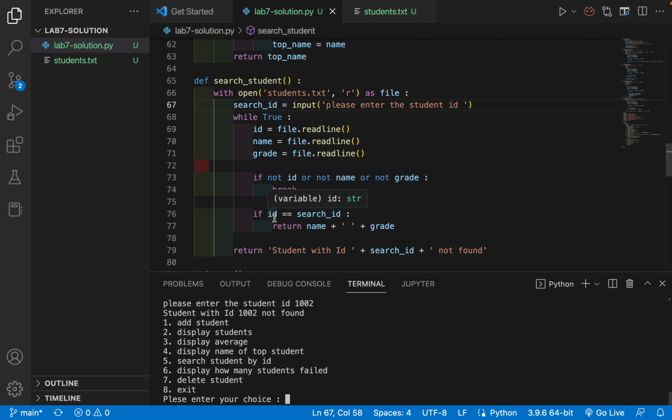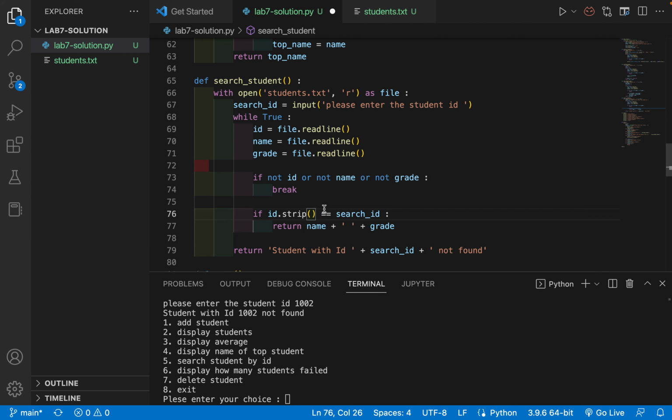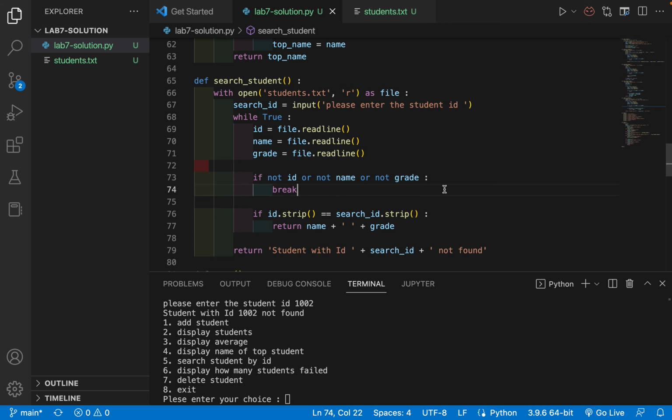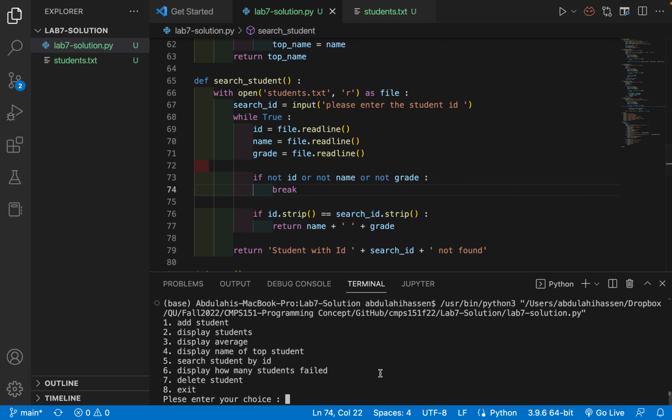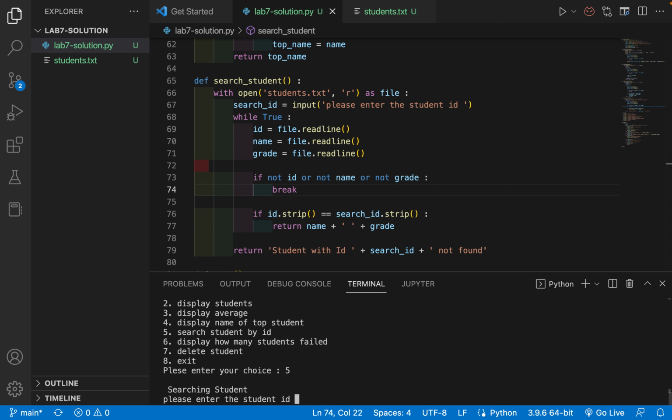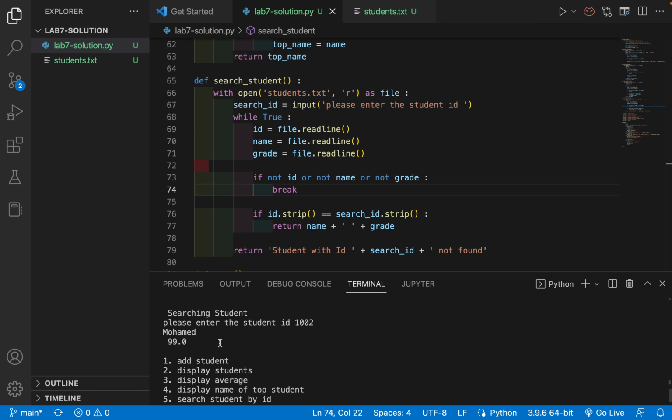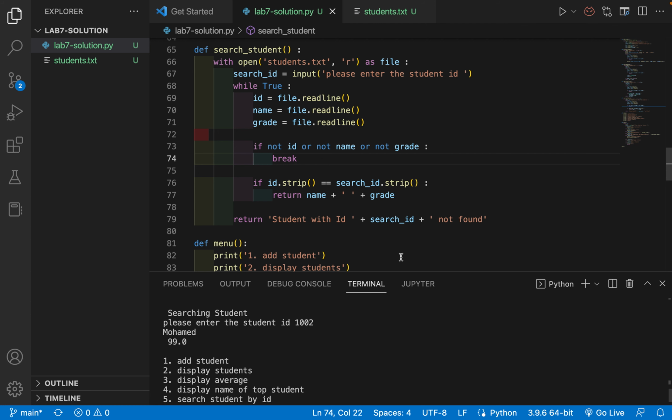If ID equals search ID, I know why this is not working, because of the strip. So let's strip both of them, okay, and compare them. Okay, let's run it again, and we put 5, 1002, and now it found Muhammad 99. Okay, so it did find now Muhammad 99,